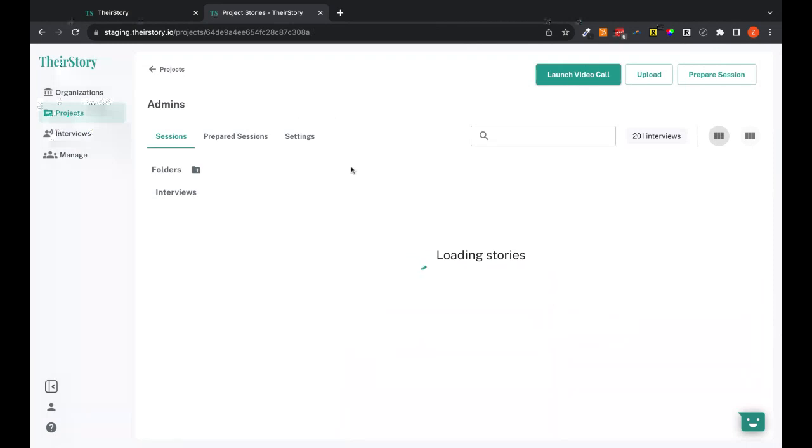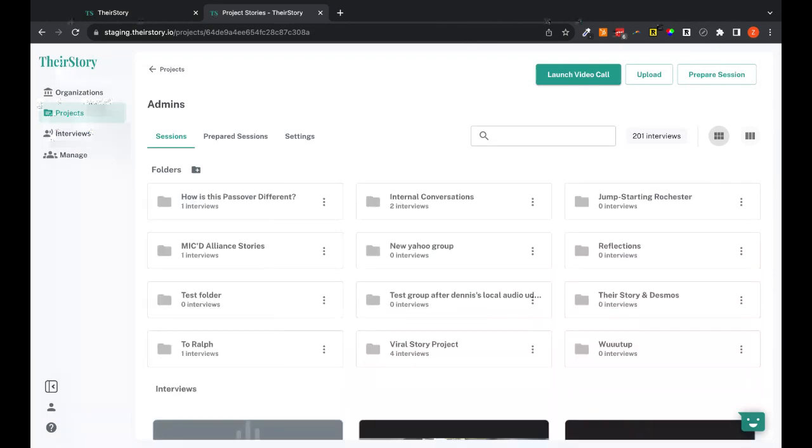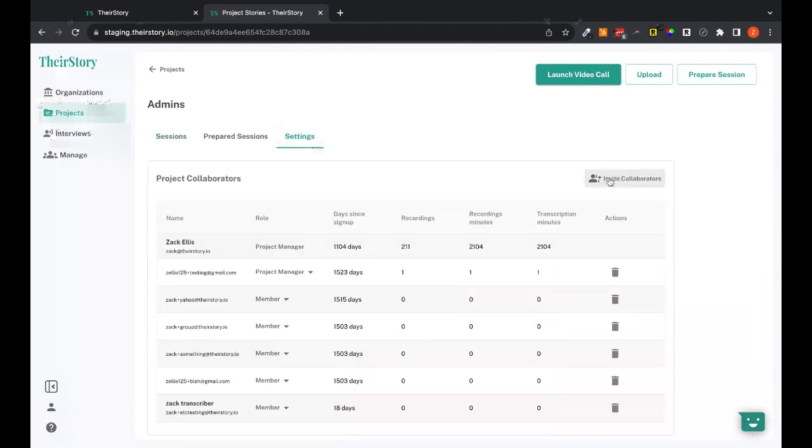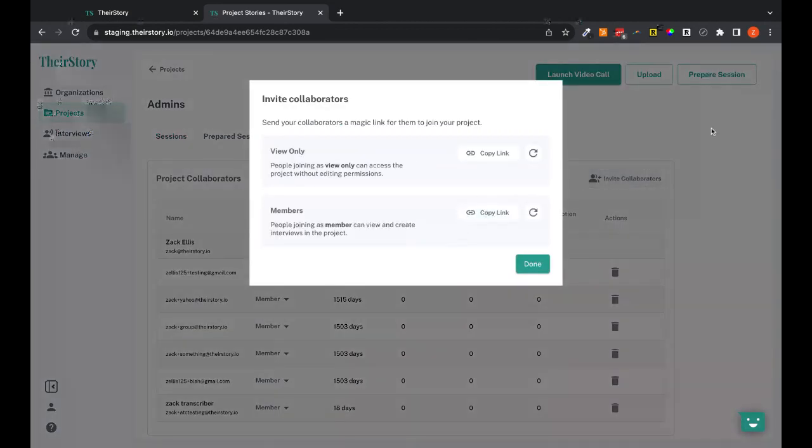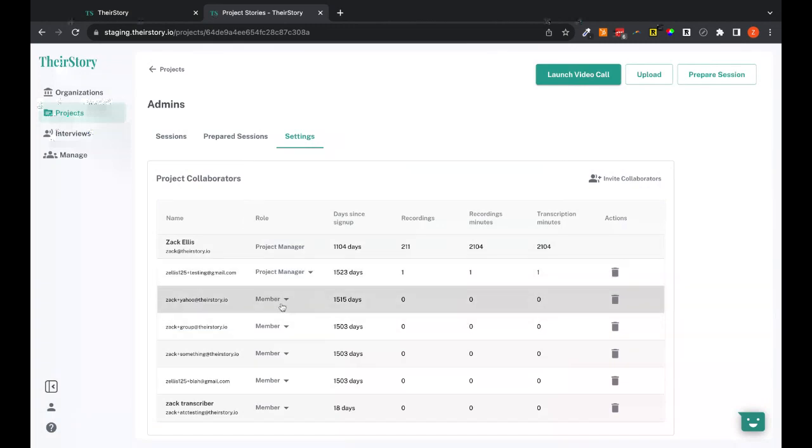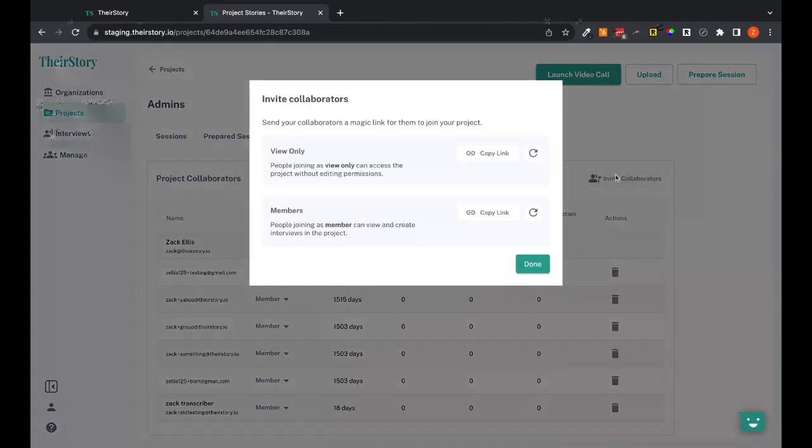If I wanted to, say, invite a professor to be the project manager, what I would do is first invite them as a member. And then once they have joined, then I can upgrade them from being a member to a project manager. We do this because we want to make sure that a professor, for example, doesn't accidentally